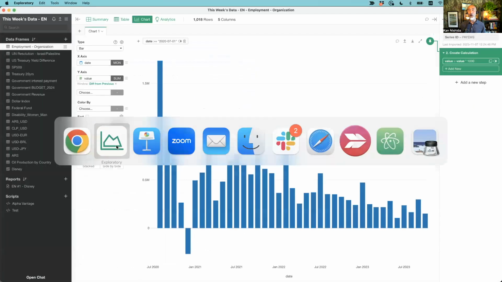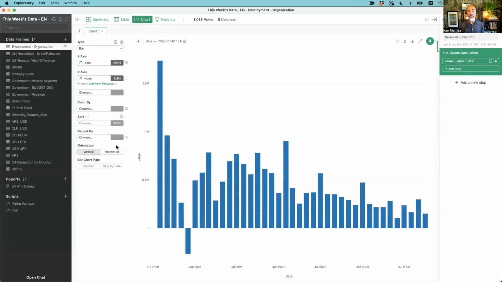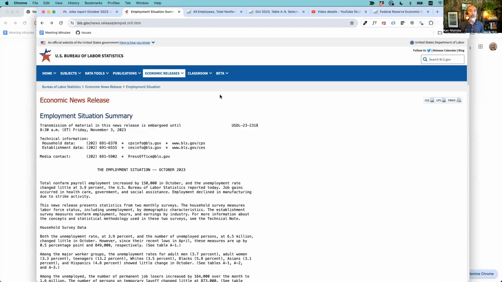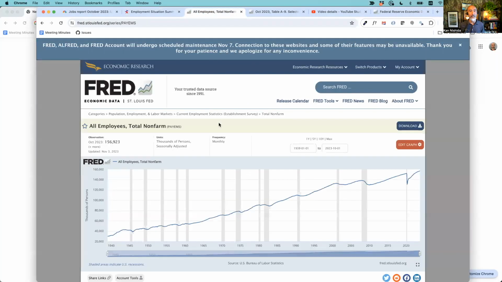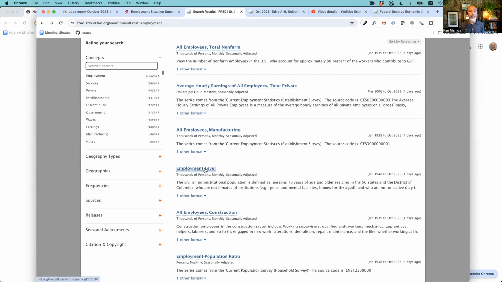But that's not the purpose of this whole session here, right? What we want to do is, this is for establishment data, so the company or agency level data. We want to get the similar employment data for the individual level data. Okay, so to go back to the thread, and let's open this employment level.